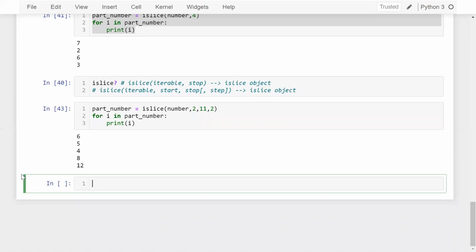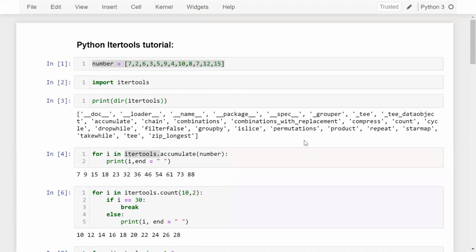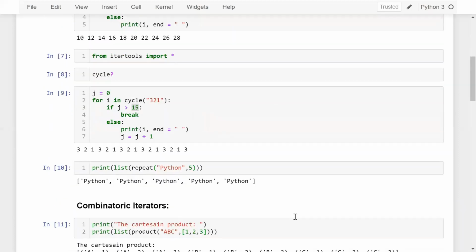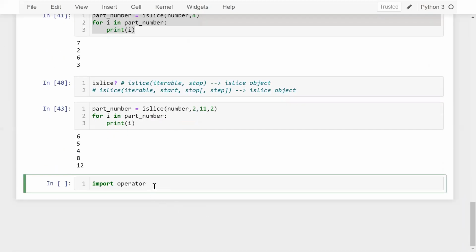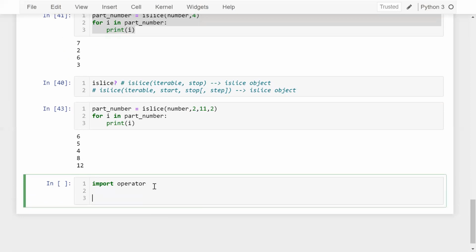Now let me import another library or module, which is operator. Using this operator module, you can perform some arithmetic operations. I'm importing this particular module because I'm going to show you how we can use starmap. So I need the operator module as well. That's why I'm going to import it, and here I'm going to have a list, where I pass iterables, which is 3 and 4 in the form of a tuple, and 6 and 8, 4 and 8, right?